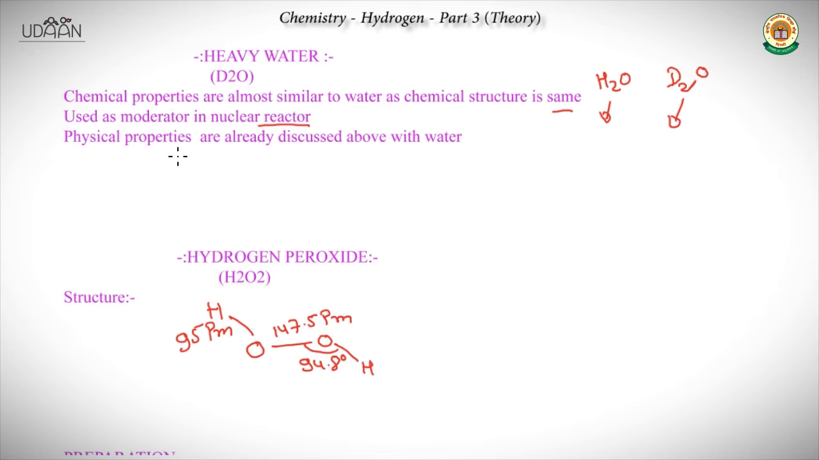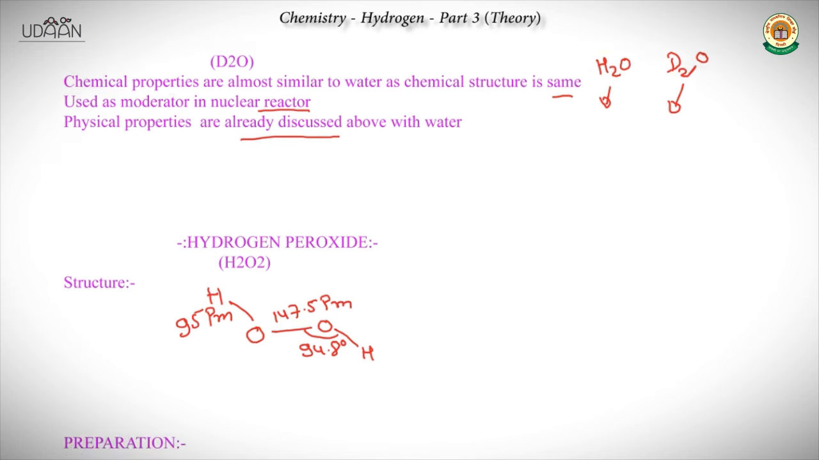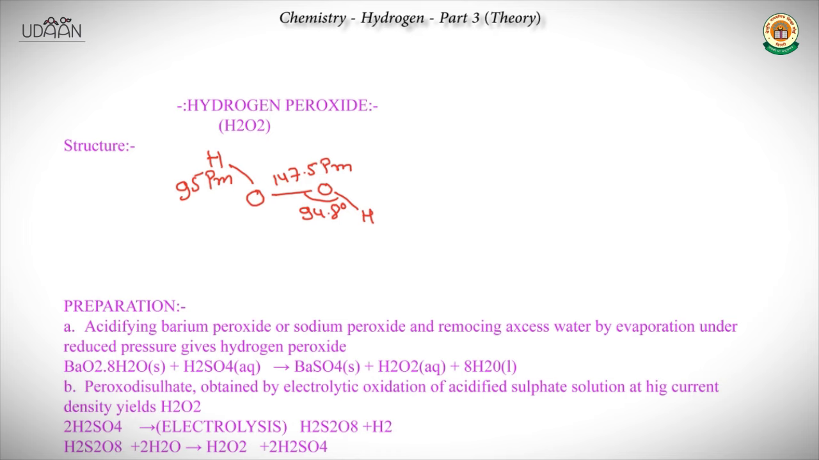Its physical properties are a little bit different, as already discussed above: its melting point and boiling point are higher than H2O. Now we will continue with hydrogen peroxide. Hydrogen peroxide is H2O2, and